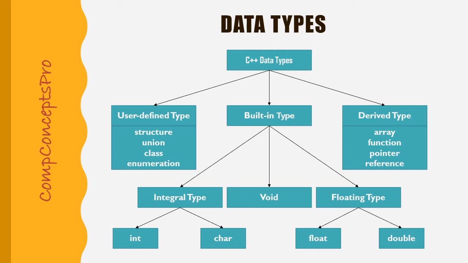Next is user-defined data types, which are defined by the user as per the demand of the application. But here also the components of user-defined data types are still the primitive data types only. But here we can also include derived data types as the components inside user-defined data types. For example, if the user declares a structure or a class, the elements can be either a built-in data type variable such as an int or a char, or a derived data type as well such as an array.